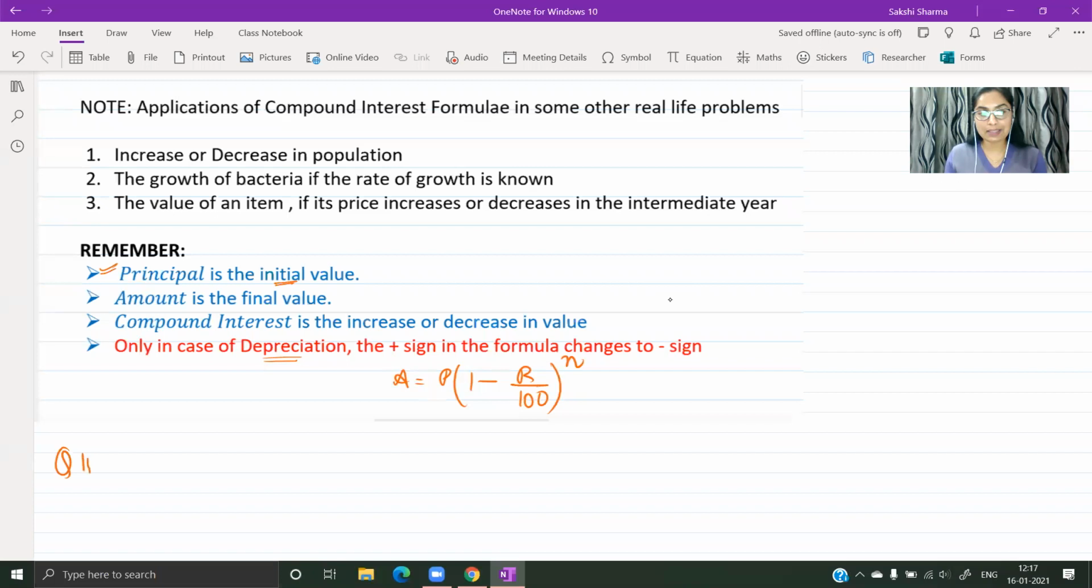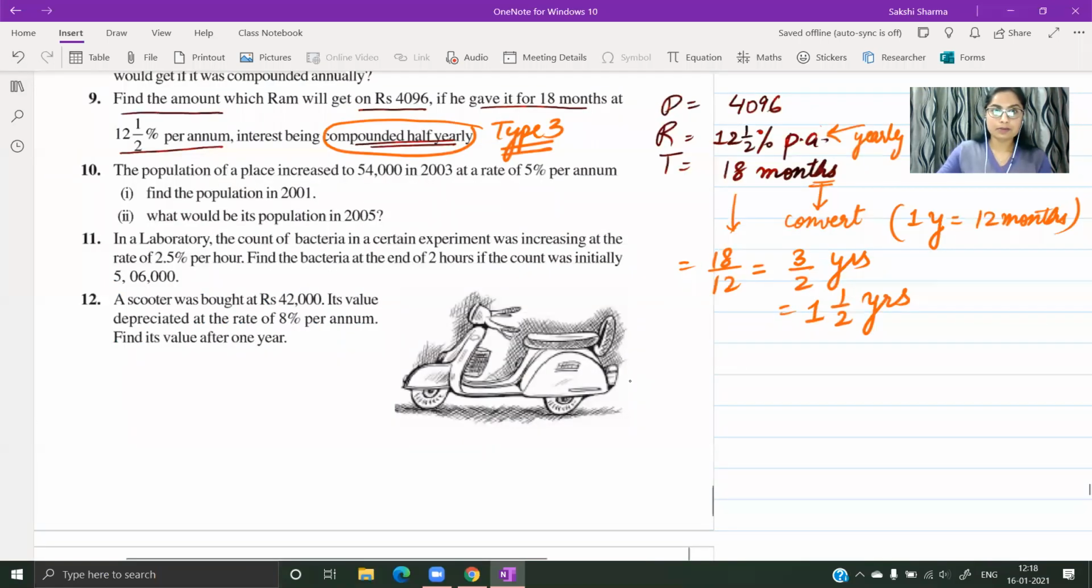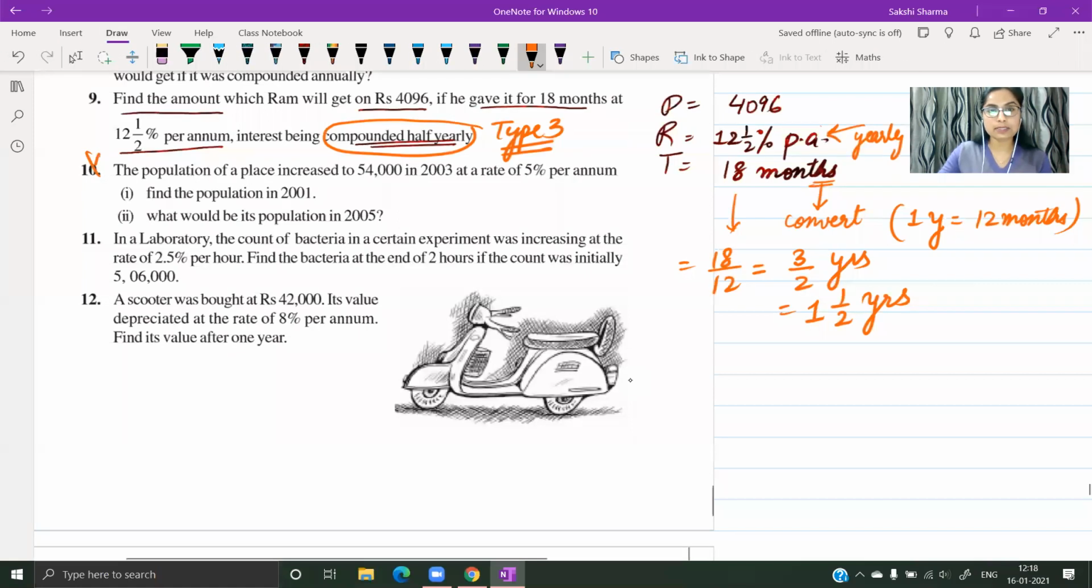Question number 10th is deleted, which is actually based on the same real life problems, the ones we discussed. Question number 11th. Take a look. You can just mark this. Question number 10th is deleted. Question number 11th. In a lab,